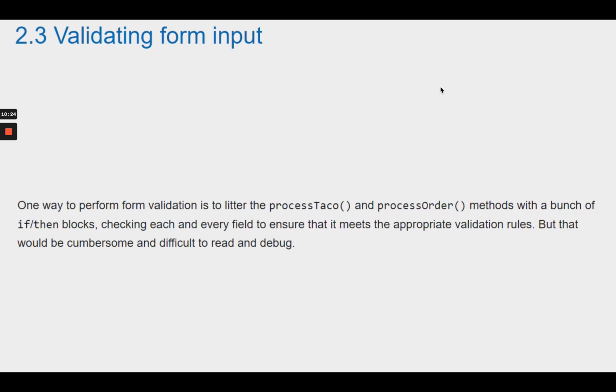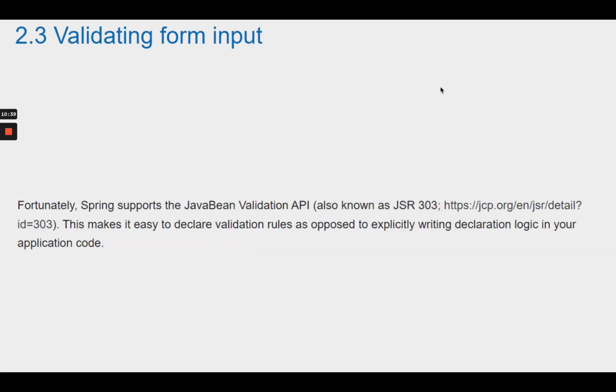One way to perform form validation is to litter the processTaco and processOrder methods with a bunch of if-then blocks, checking each and every field to ensure that it meets the appropriate validation rules. But that would be cumbersome and difficult to read and debug. Fortunately, Spring supports the Java Bean Validation API, also known as JSR 303. See this link. This makes it easy to declare validation rules, as opposed to explicitly writing validation logic in your